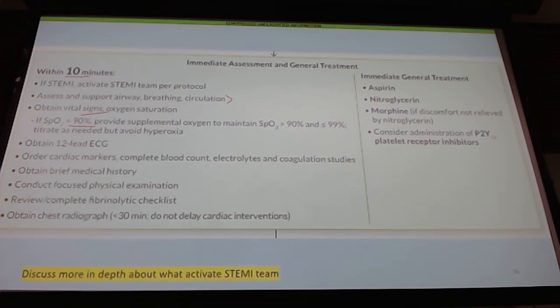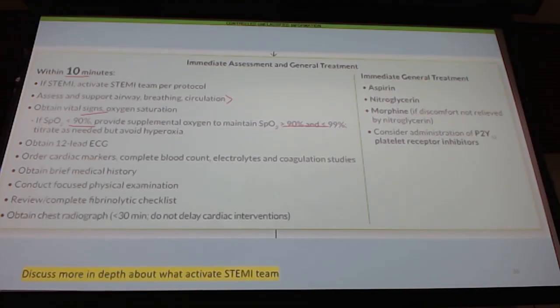If they're 92%, they don't need oxygen. Only when the SpO2 monitor gets below 90 should they receive supplemental O2. And when you do identify a patient who needs supplemental O2, you're not shooting for 100%. You're only shooting between 90 and 99%. You're not hitting them hard with BiPAP, CPAP, or intubation to get their oxygen levels up to 100%. You can just put a non-rebreather on and titrate up to 95, and you're good.